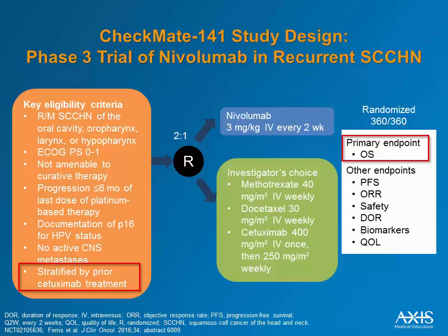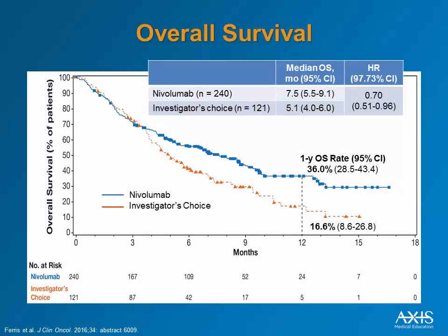the investigator's choice of either methotrexate, docetaxel, or cetuximab. The overall survival as the primary endpoint was doubled at 1 year in patients treated with nivolumab. They had a survival of 36% at 1 year versus 16.6% with the investigator's choice of either methotrexate, docetaxel, or